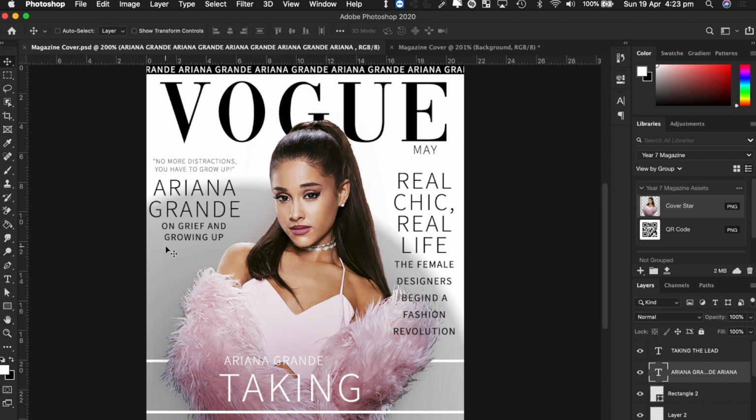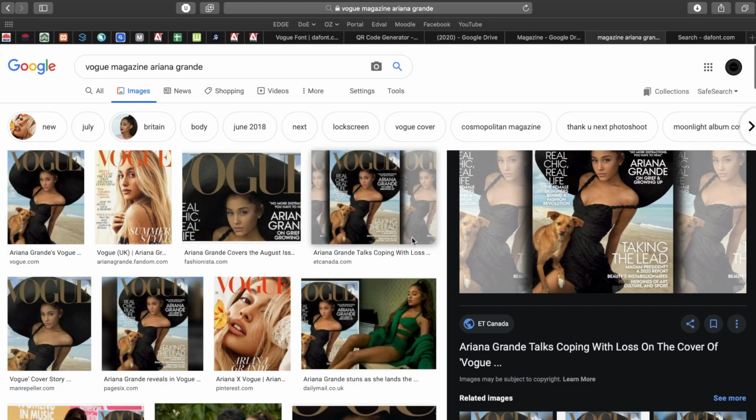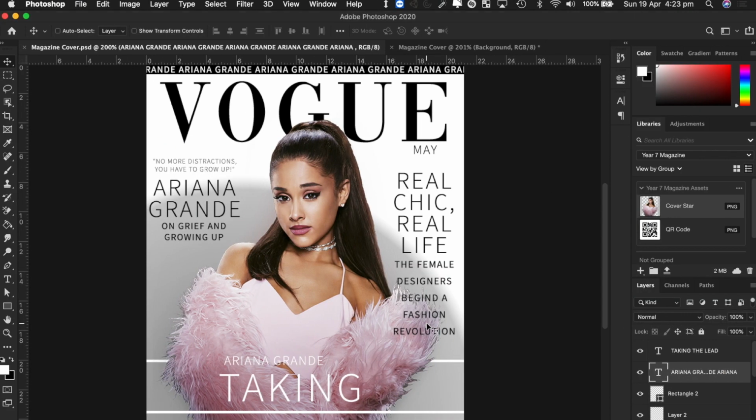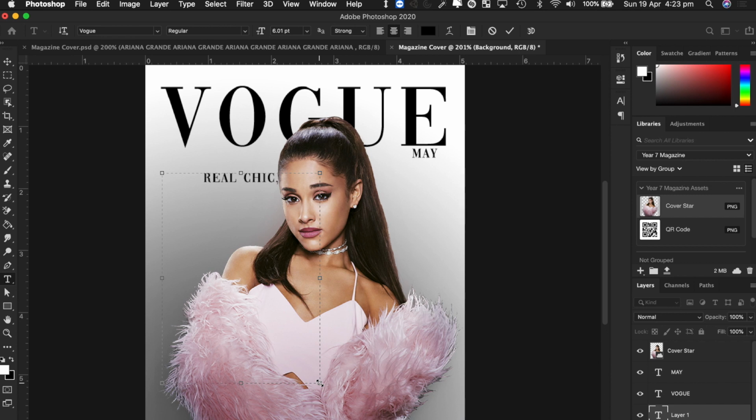Now, a couple of other things we're going to do is we're going to add some text around there. Now, I got these little articles or snippets of text straight from some of the other Vogue magazine examples. So this part here that says the real chick, real life, I stole that from the real one and I put that in myself. So I'm going to show you guys how I did that. So I'm going to grab the text box and I'm going to create myself a large enough text box and I'm going to write that in there. So real chick, real life,